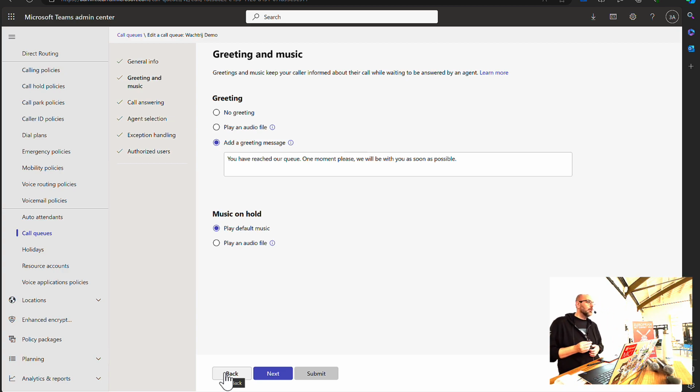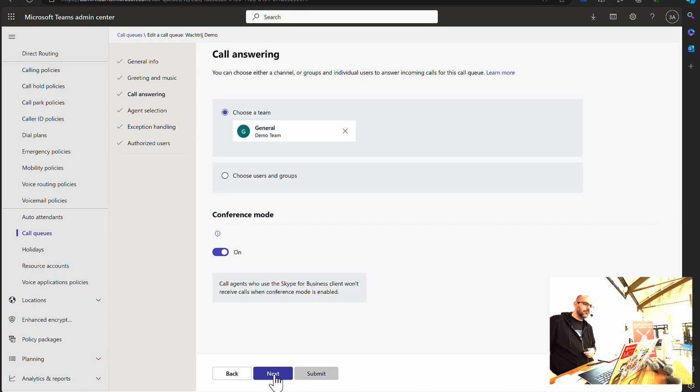And the music on hold. You can either play the default music on hold or use an audio file with any annoying sound you want. Be aware, if you use any audio you provide by yourself, you need to own or at least pay for the rights for that music. You can't just use any pop song as music on hold unless you pay for it. I know in the Netherlands there are checks being done on that. Some organization calling random numbers, being put on hold, hearing a certain song and saying, well, we're going to send you an invoice for that because you don't have the rights. So that's something you need to think about.